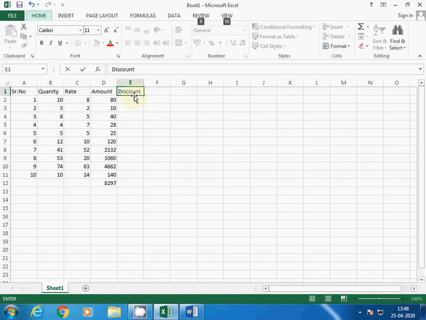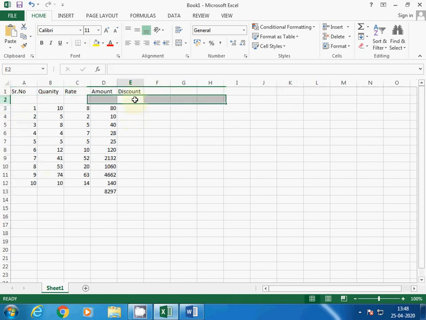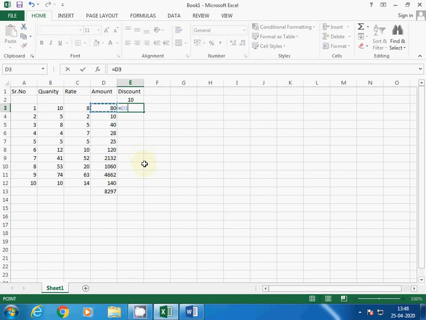Here I want to use discount, and discount should be given at a fixed percentage of any item. So discount will be 10%. So I am going to use that discount 10% only. So 10% I am writing here. Basically 10% we will write in this cell right now. Now 10% we can calculate like this: D3 into, for percentage we are using this cell, divided by 100. So that will be the 10%. So 10% will be 8.